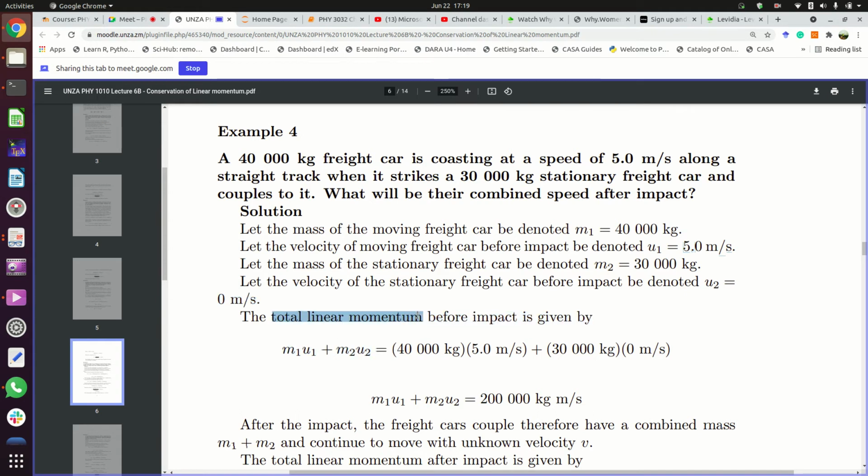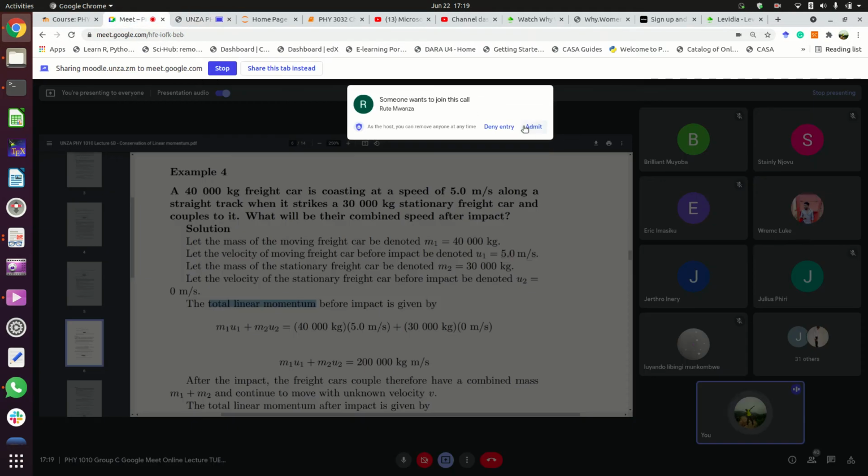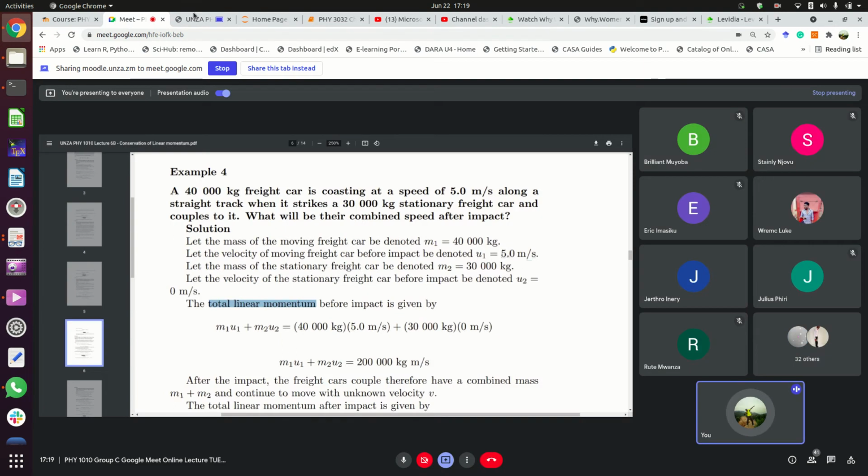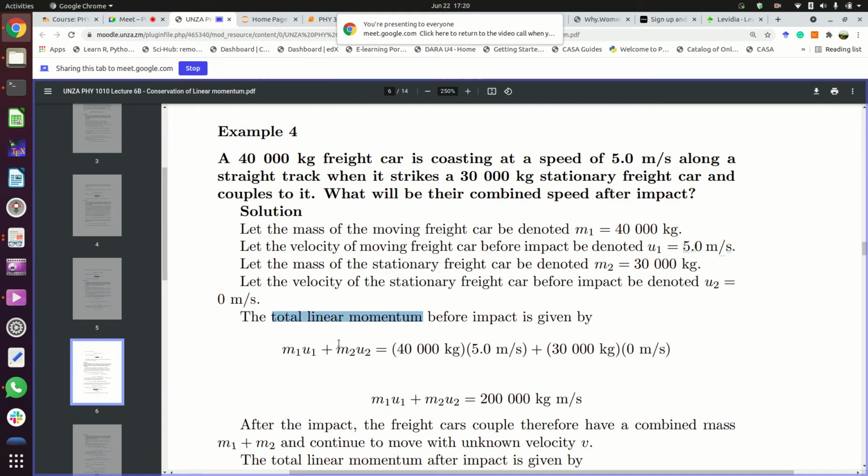The total linear momentum is a measure of how much motion is happening. That's what linear momentum measures. It measures the amount of motion which is happening. So the total amount of linear momentum before impact is going to be the sum of the linear momentum of